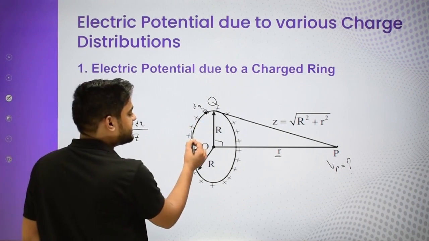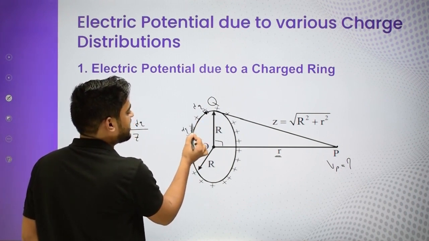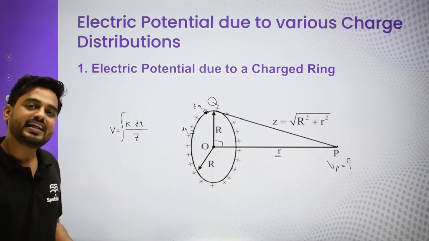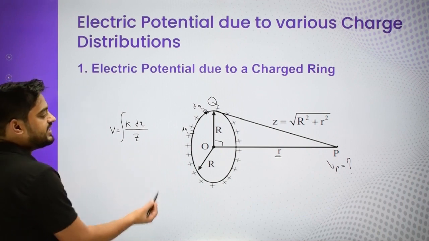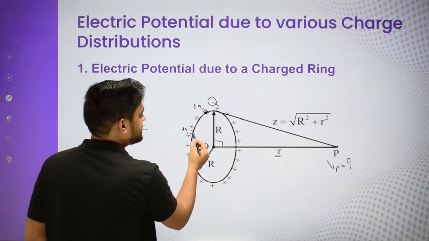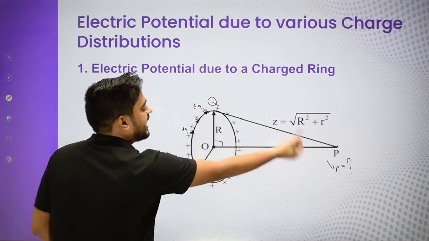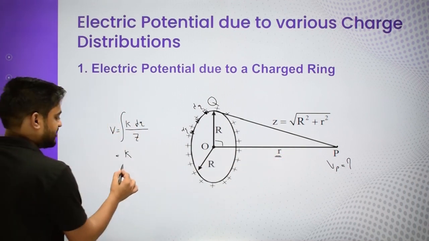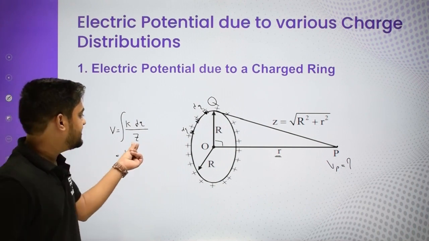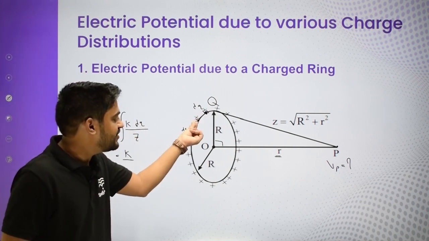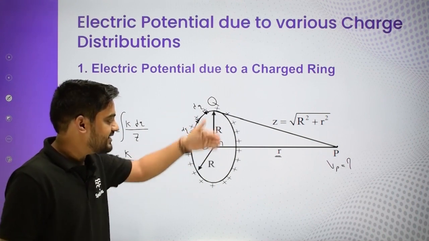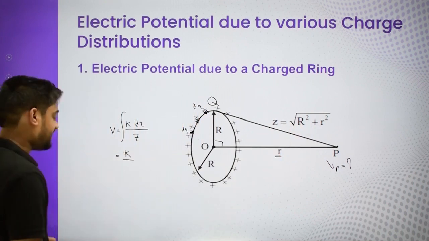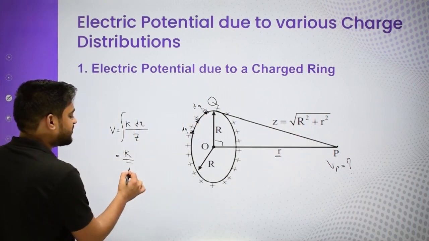Now if instead of this dq I choose this other dq, this dq also has the same distance. Potential is a scalar quantity, so we can directly add the potential due to this small point charge, this small point charge, and all of them. So I will say it is nothing but k, the constant I am taking out of the integration, by z. Now z was what? Distance of this dq. Whether I take this dq or this, the ring lies in this plane, so the distance is nothing but this z only, that is under root capital R square plus small r square, so z is also a constant.